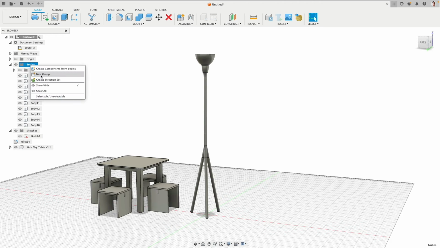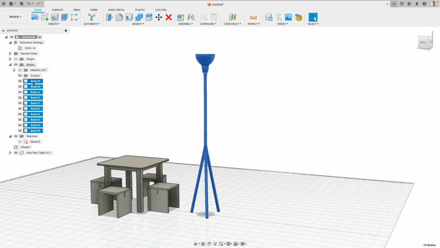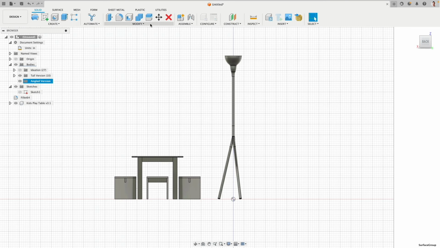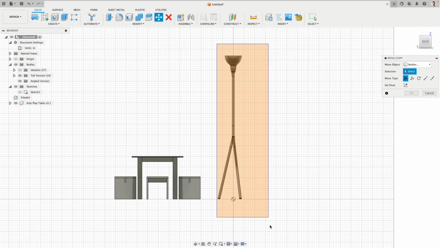So I make a new group, and all this we put into that group, and we call this tall version. There we are. Then let's make a new group, and we call this angled version. Most of the stuff is the same. Now we can keep it. So all this,